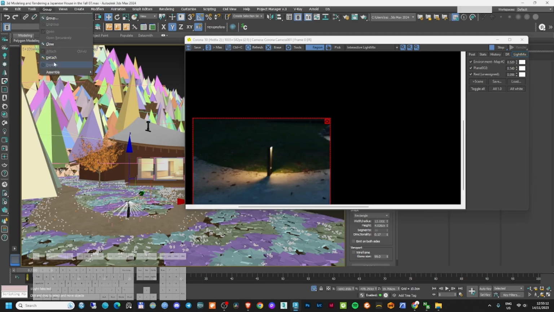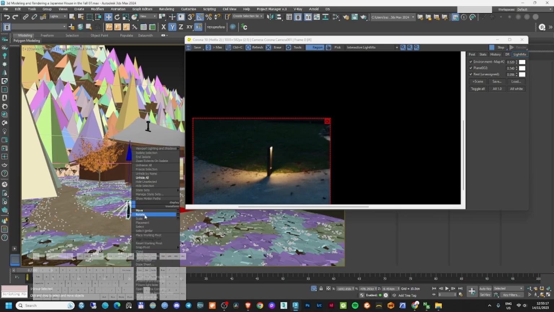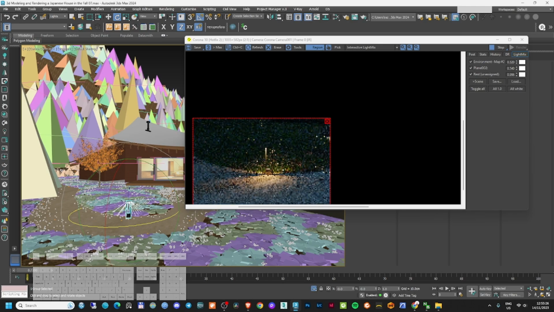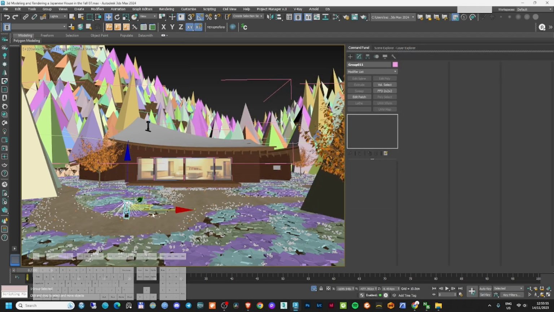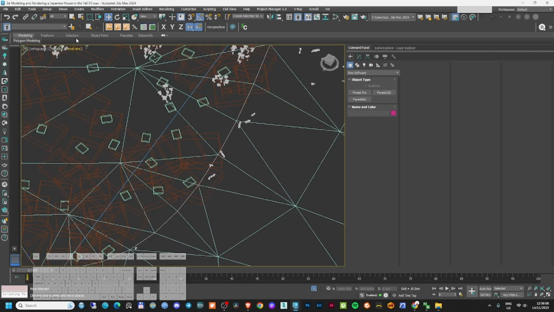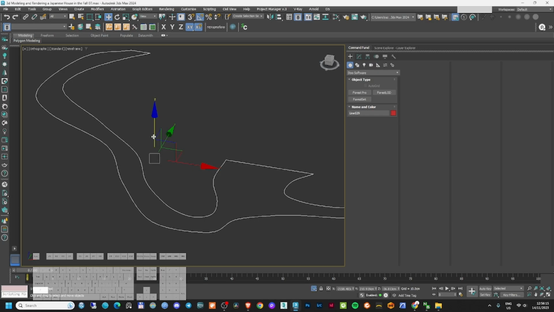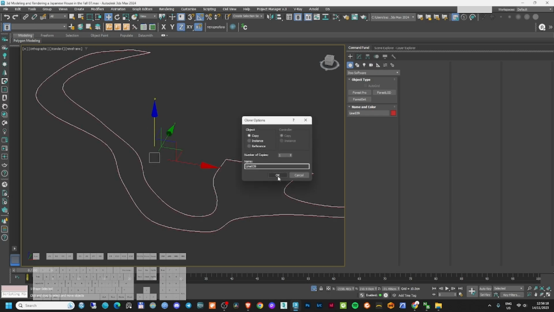The only thing that I need to do is to rotate the light. I think the light should go in the other direction, so it's going to be more or less like this. In this way it's going to illuminate our path and also the garden. Okay, this is nice. Now let's go to our plan, try to select this here, make a copy of it,